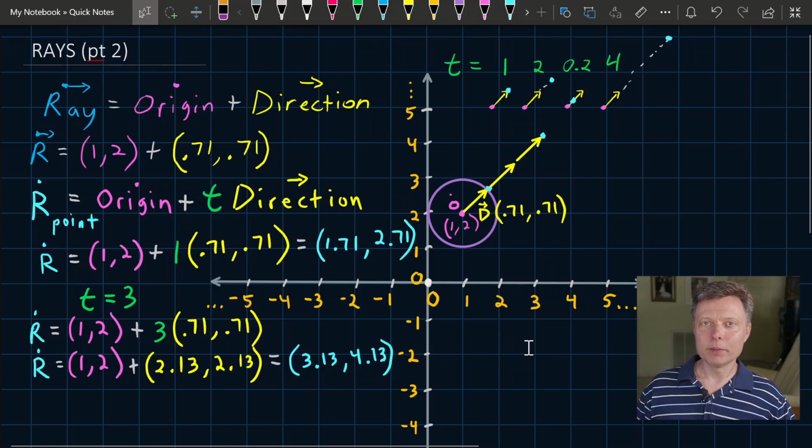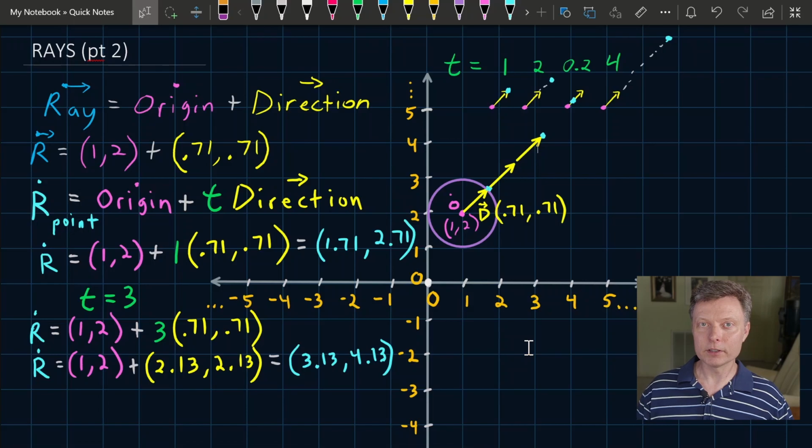Now the other nice thing about having a unit length vector to start out with for this direction vector, this yellow one, is that when you multiply it by any t, then you know it's t in length. So if you multiply it by 5, let's say, you know that your result is going to be 5 units long, because it's like multiplying 5 times 1, which is itself 5. If you multiply it by 27, you know that it's going to be 27 units. It's going to be much longer, but you know exactly it's going to be 27 units long